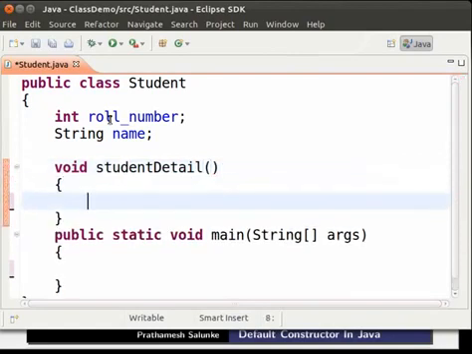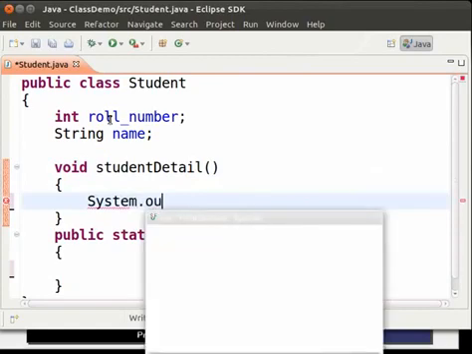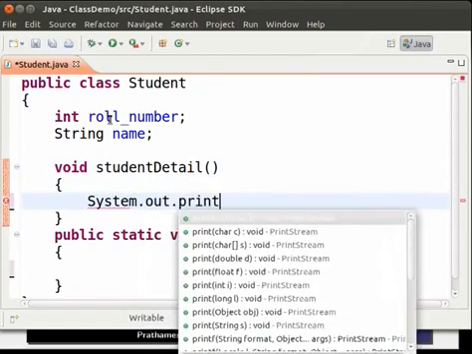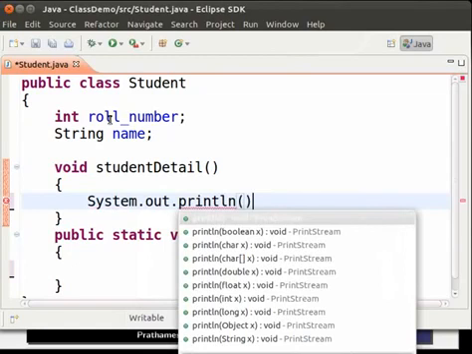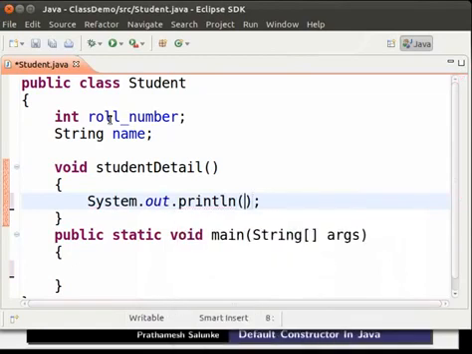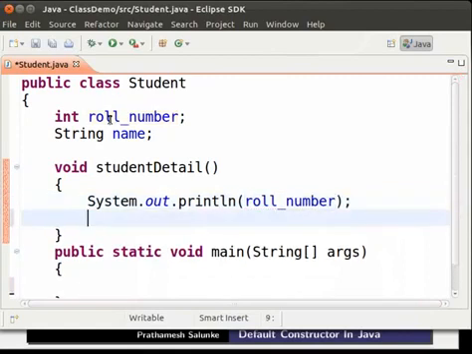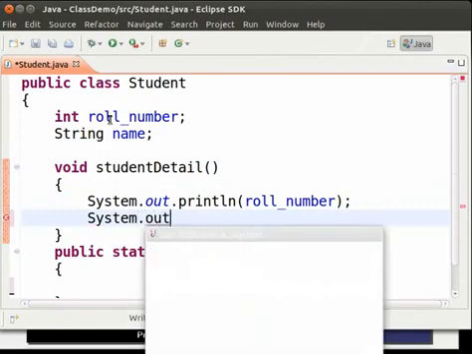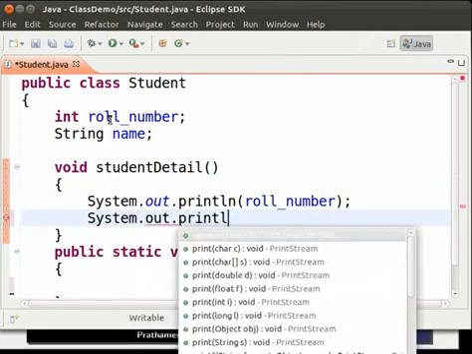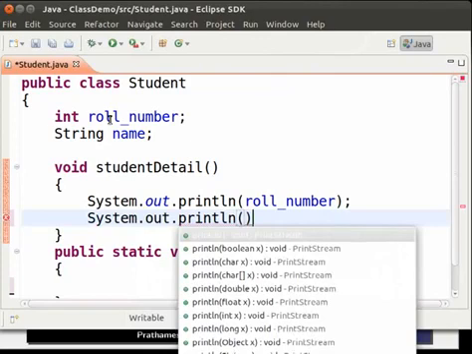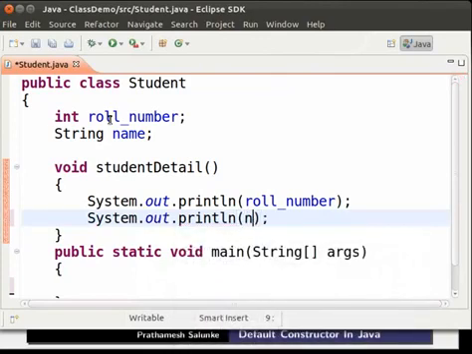Within curly brackets, type System.out.println(rollNumber); Then System.out.println(name);